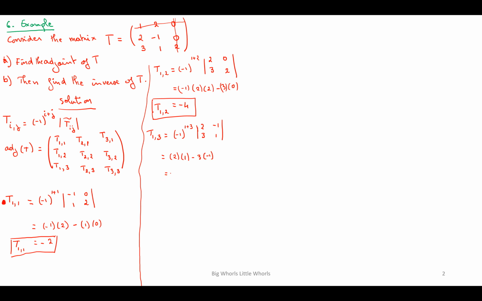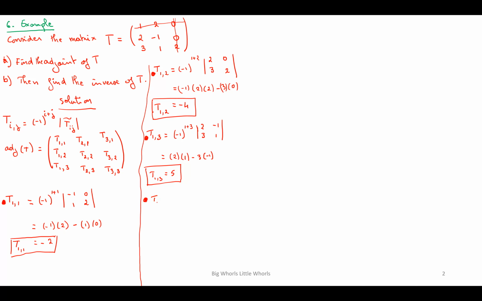So it's equal to 2 plus 3, which is 5. T13 is 5. Okay, so now let's get